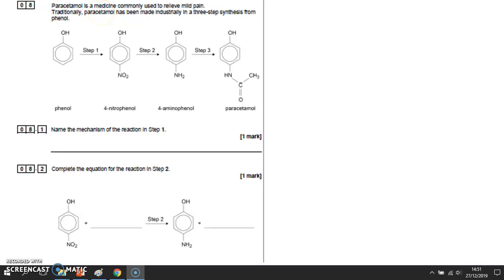Paracetamol is a medicine commonly used to relieve mild pain. It's a painkiller. Traditionally, paracetamol has been made industrially in a three-step synthesis from phenol. Phenol is a benzene ring with an OH alcohol group on it. And here in step 1, that I need the mechanism for, it's had an NO2, a nitro group, bonded to